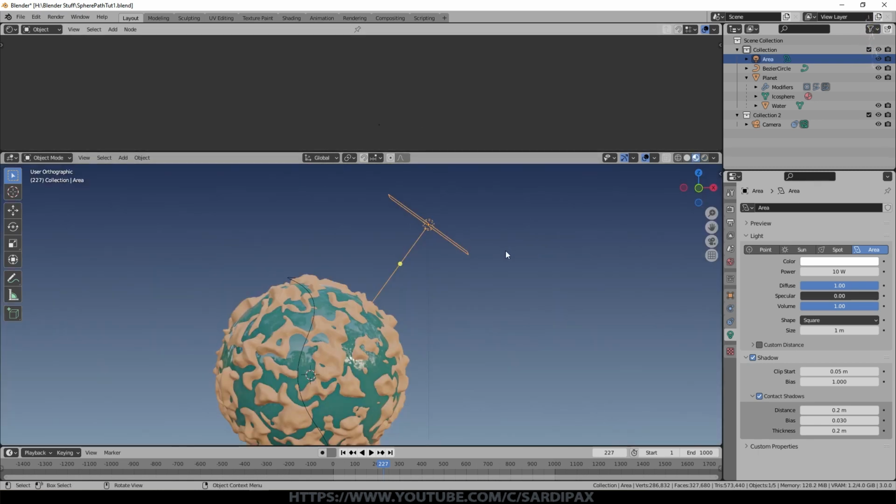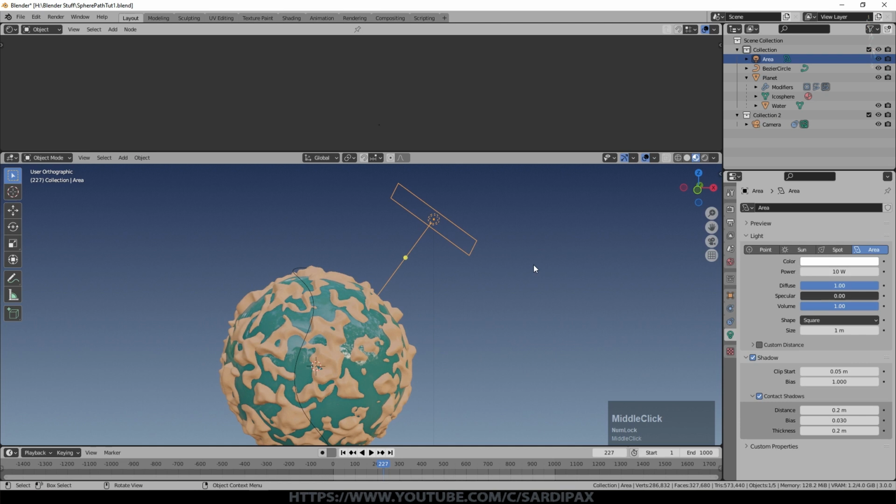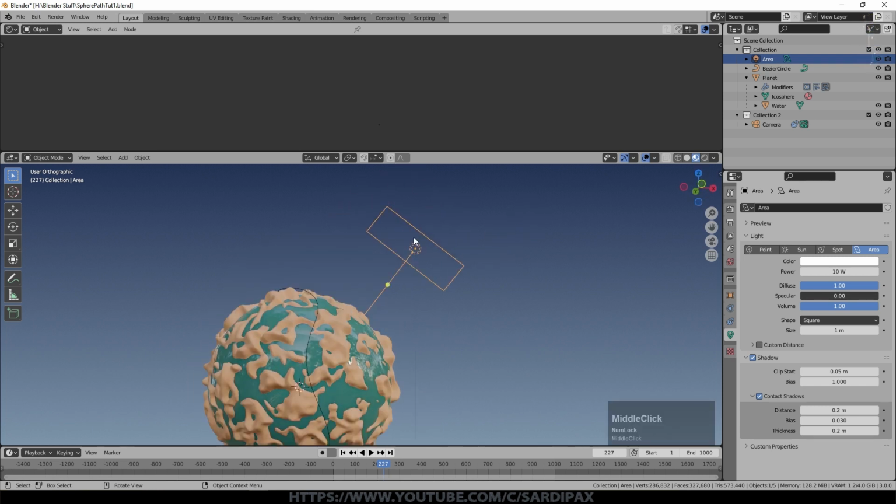So the reason for me using an area lamp was because I had that planet in the distance, and I wanted what appeared to be reflected light, irradiance if you like, showing on the planet I'm traversing. However, irradiance doesn't really work in Eevee. So in other words, you can't so much reflect light other than as a reflection in a shiny object off another object to show up on the back surface of the planet. So I cheated by putting a coloured area lamp on one side, and then that gave that effect.